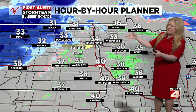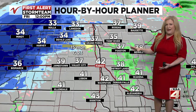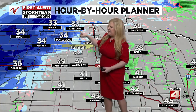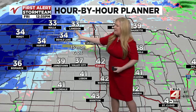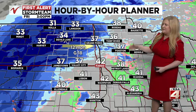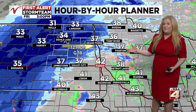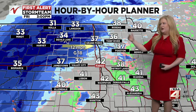So here's a look at what to expect through the rest of the morning into the noon hour. Not a lot of change here on our map in our hour-by-hour planner, but around noon we can see that larger area of more widespread snow starts to creep farther into northeastern North Dakota, and then that will continue spreading eastward through the afternoon and into the evening. So this is 3 p.m. You can see we've got temperatures still above freezing in most areas. So if that snow is falling where you are, there may be some melting initially